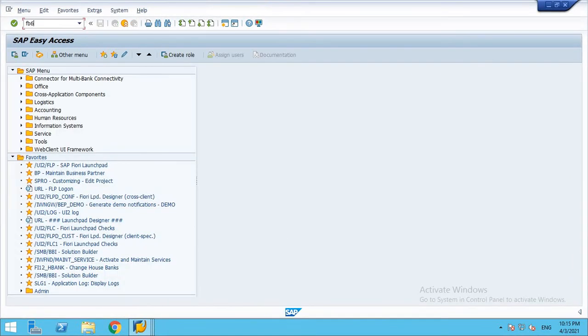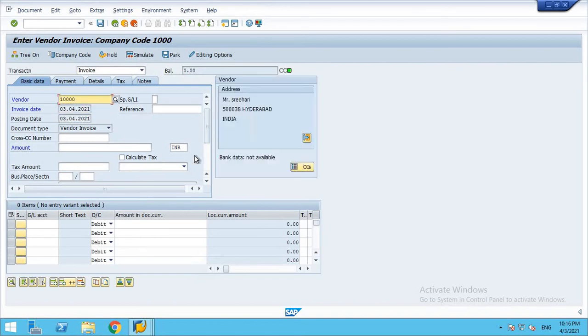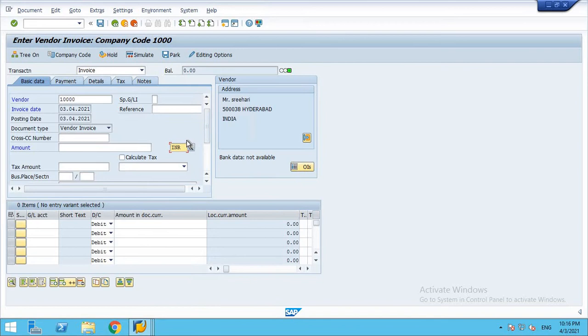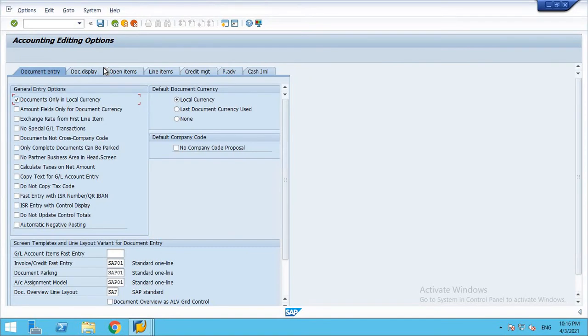Let me go to FB60 and enter one vendor. You can see the currency is showing INR, and it is editable. So if I want to post with any currency other than local currency, the system allows it.